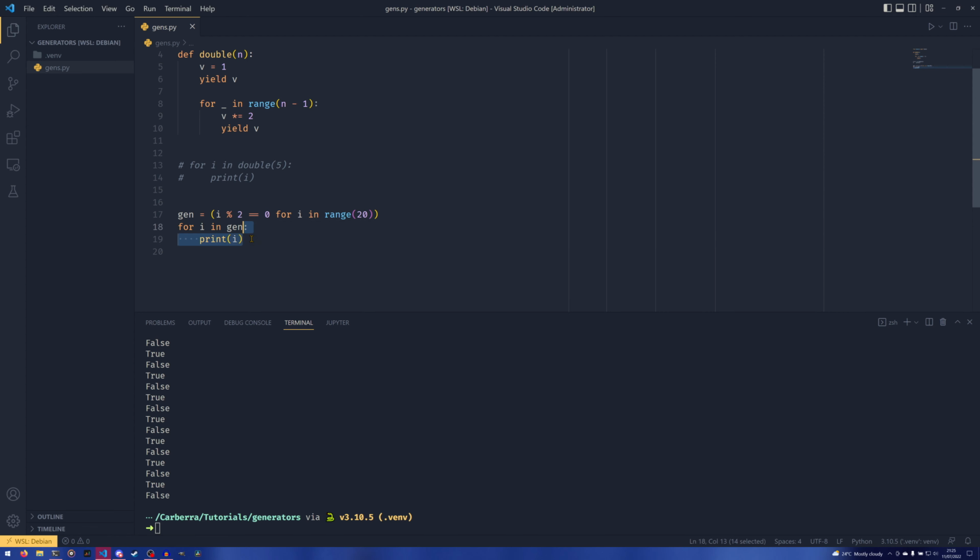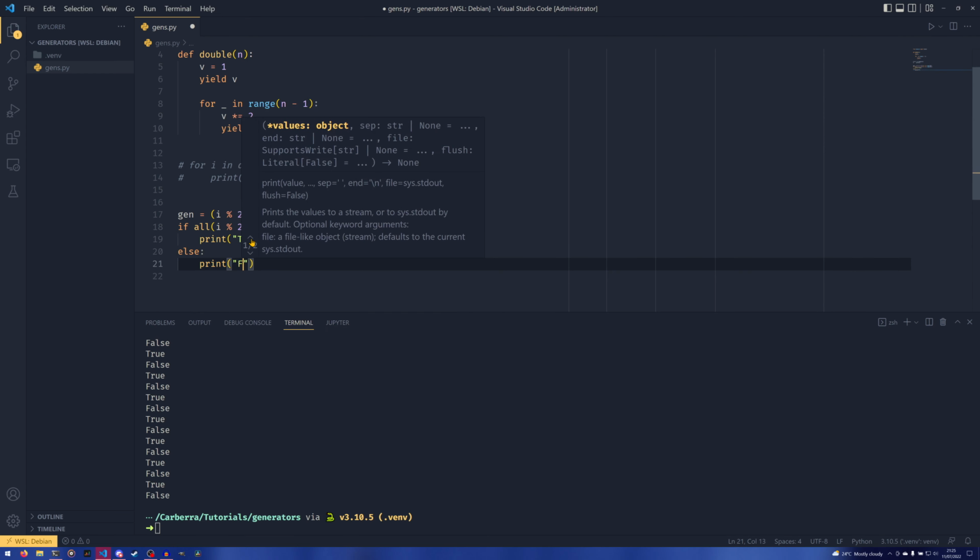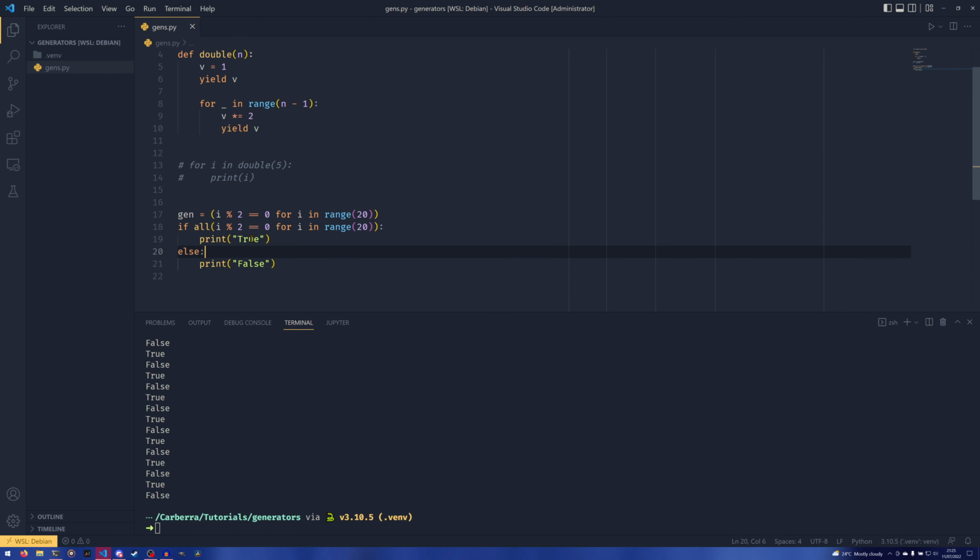But in terms of the actual use case I was suggesting, what you could do is, if all, and then have this in here. And you don't even need parentheses or brackets around this. Print true, else print false. As we all know, this is going to print false. But if we just get rid of this, so you don't actually need brackets around this bit at all. You can just have your all and your expression in here,